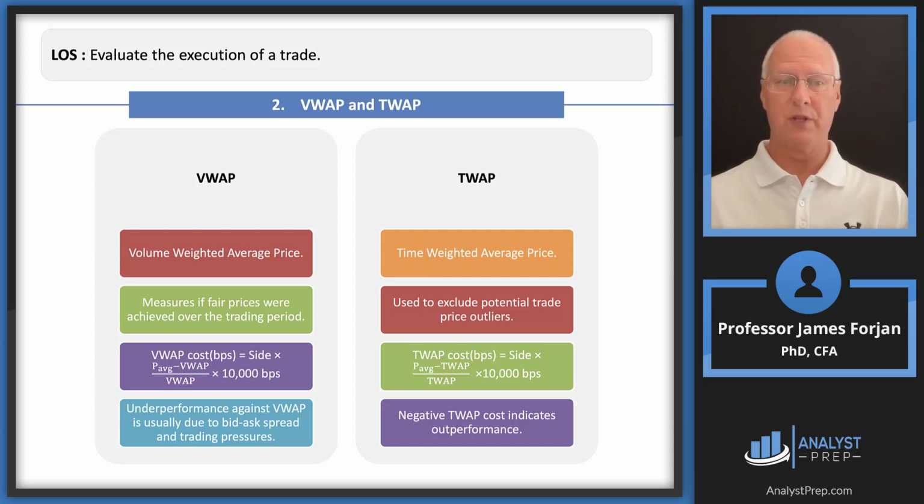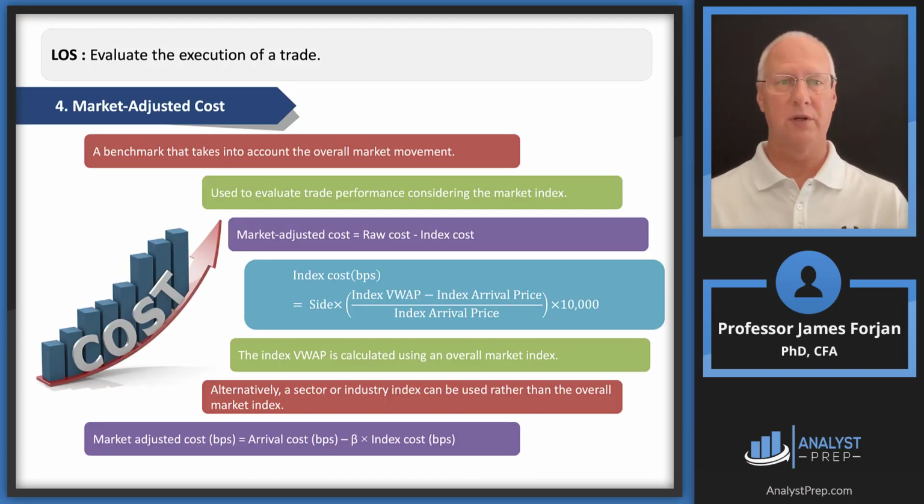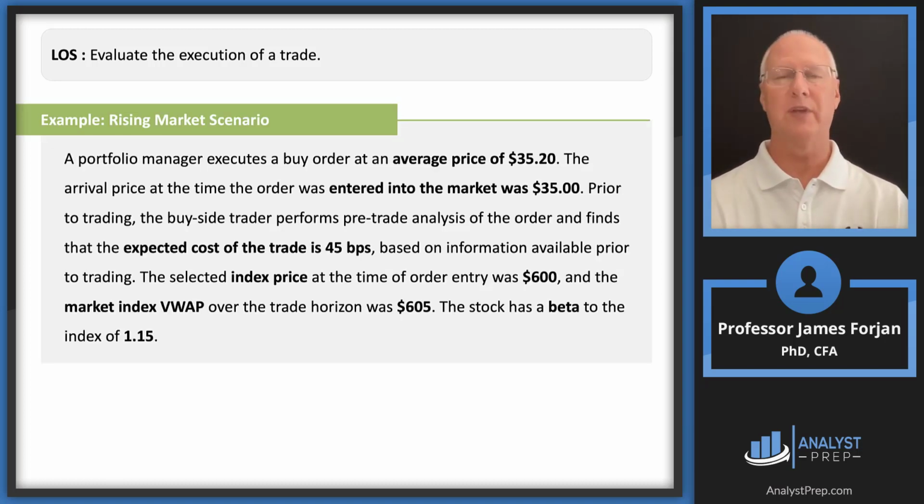What we want to do is use the volume weighted if fair prices were achieved over the trading period. For the time weighted, we want to exclude potential trade price outliers. So that makes sense. Here's the market on close equation. Here's the market adjusted equation. Here's the added value equation there in number 3. That's just arrival cost minus the estimated pre-trade cost. So let's go ahead and work through an example so that we can bring to life some of those equations